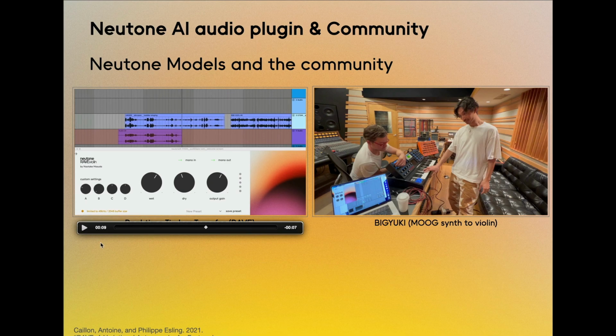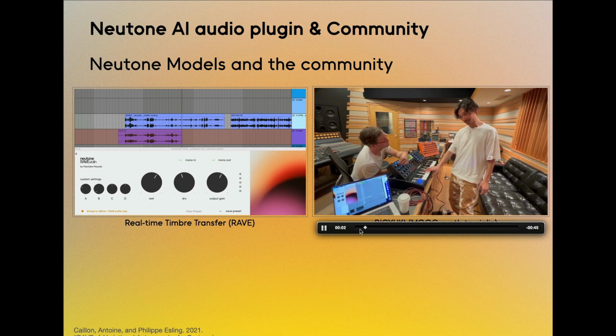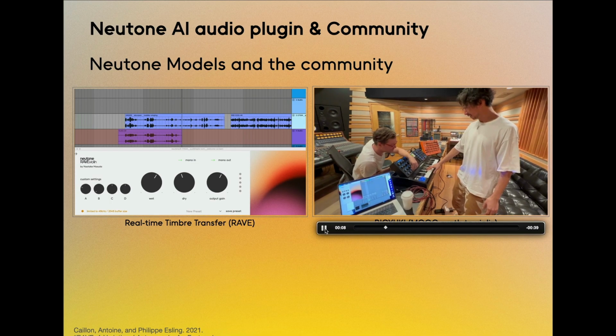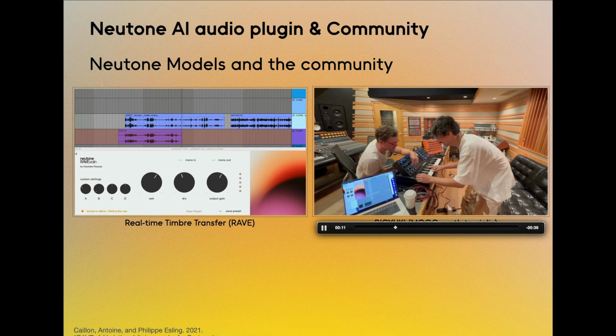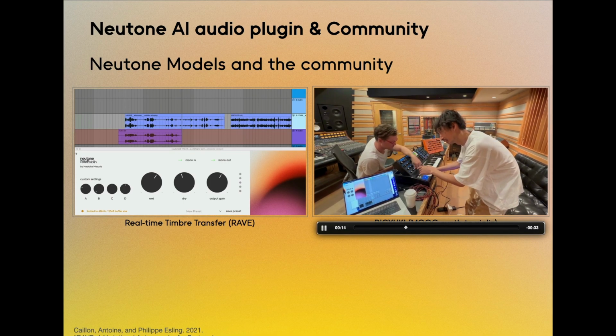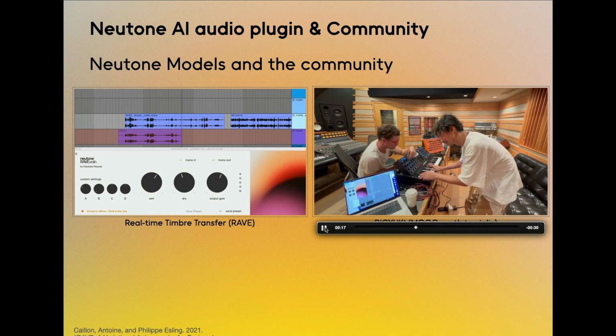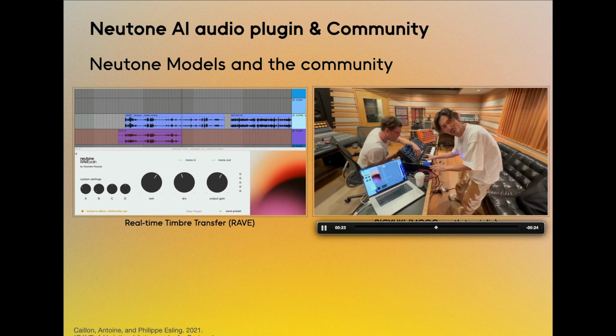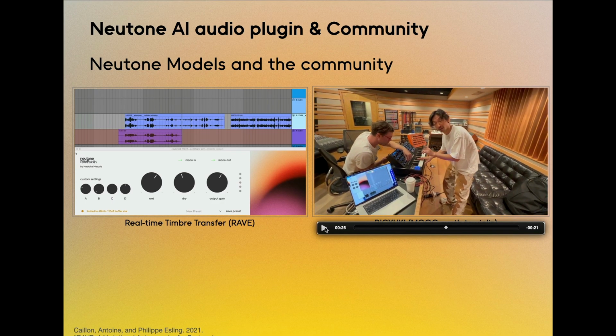Yeah, so you can transfer voice into violin sound, or in this case, my friend Big Yuki plays. Oh shit! This is gonna be great. Woo! Yeah, what if we Soundtrack. Yeah. Yeah, I like his face, but yeah, in this case, he plays a typical Moog synthesizer and transfers it into violin